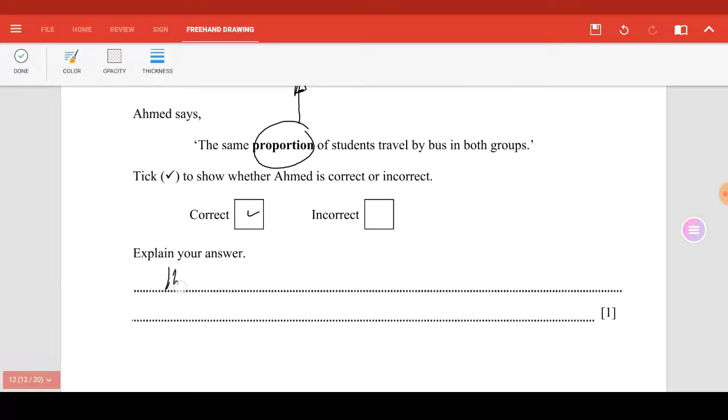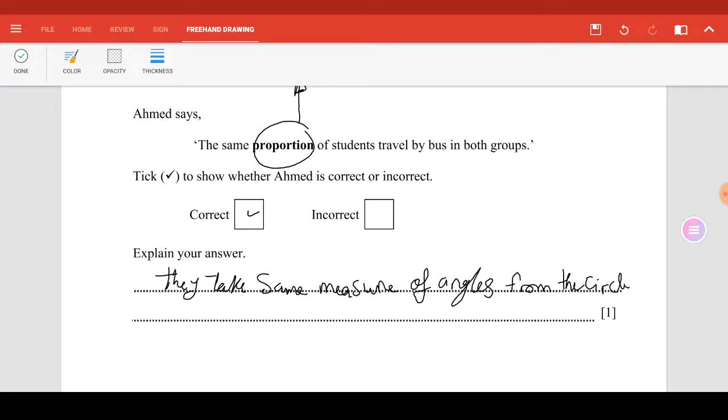We can say they take the same measure of sectors in the circle, the same measure of angles from the circle, which is 70 divided by 360,